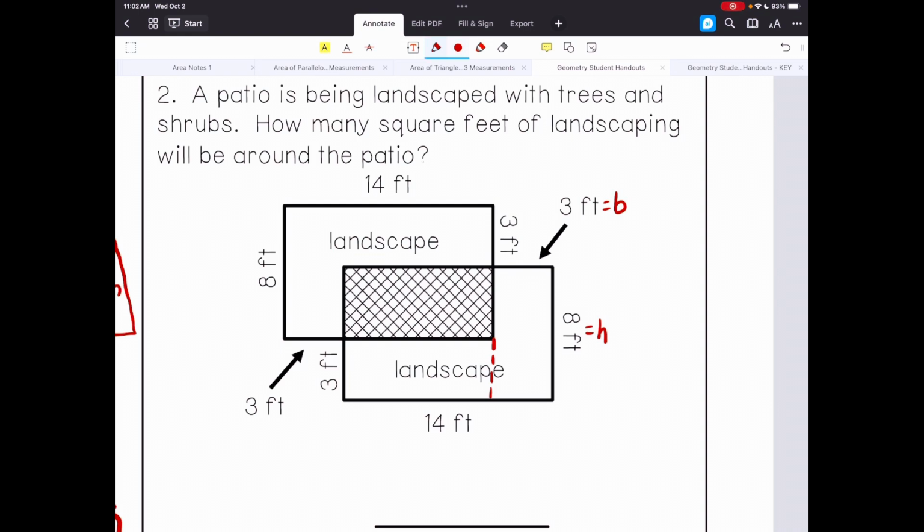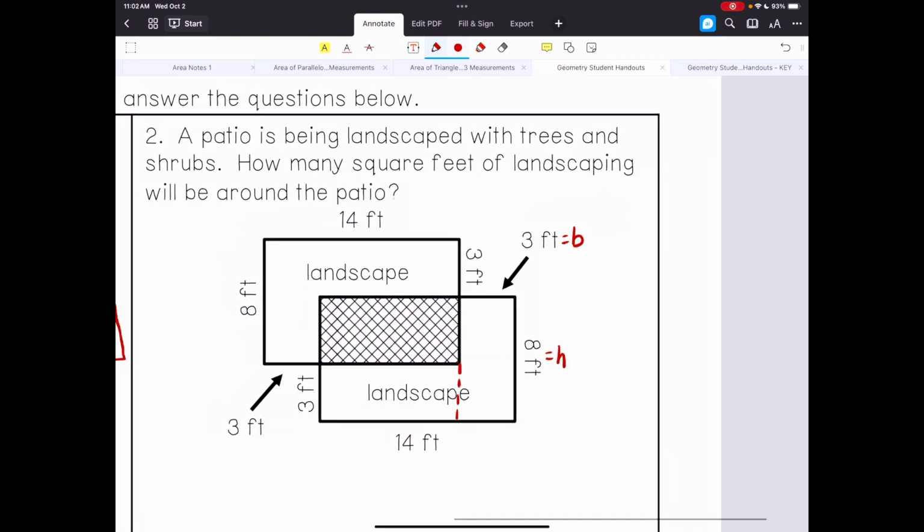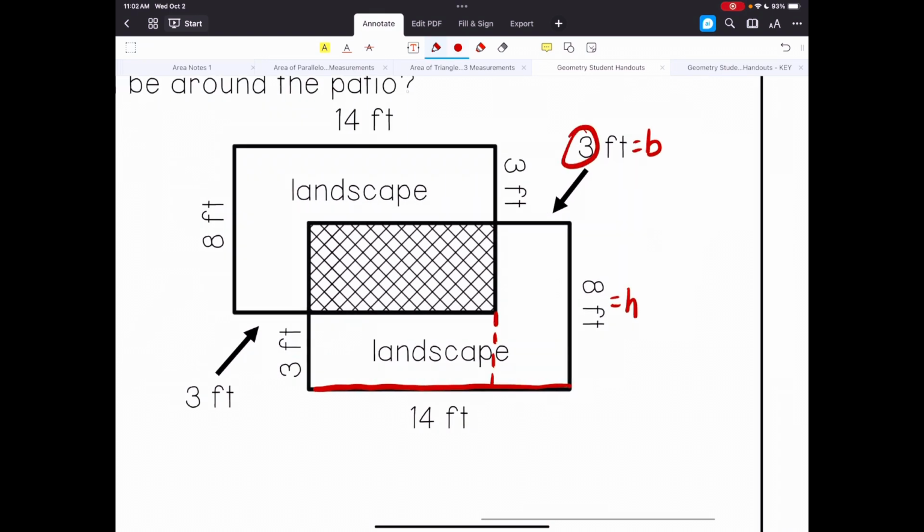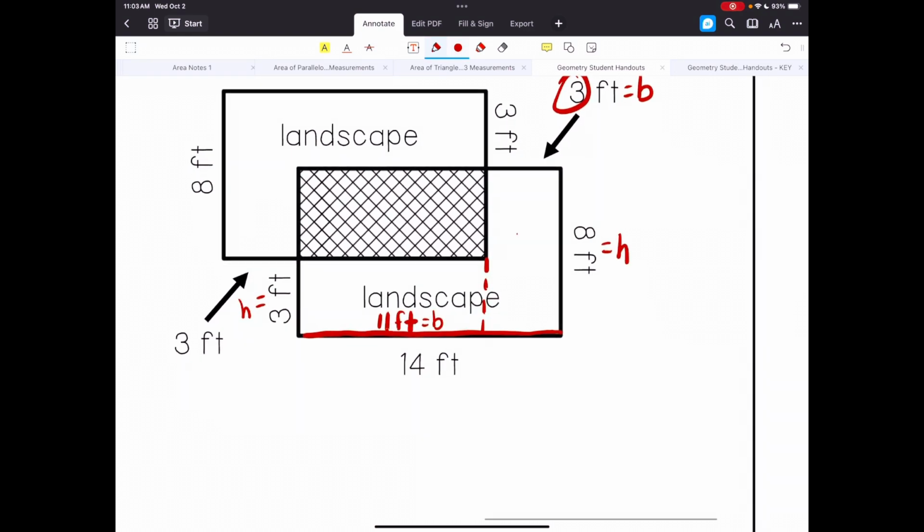And when we look over here, the base of the entire thing was 14, but we actually have to subtract that 3 so that we have this as 11 feet. So we're subtracting 14, take away 3 leaves me with 11 feet for the base of the second rectangle, and they gave us the height of 3 for the second rectangle. So rectangle 1, rectangle 2, let's do the math on that. So shape 1,